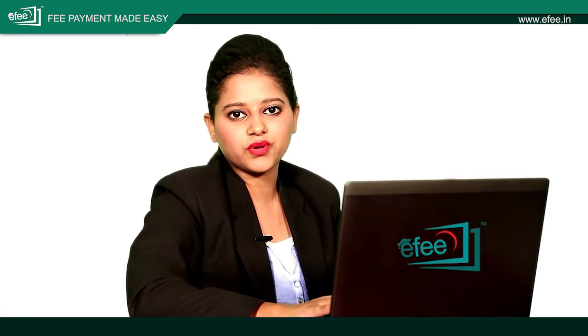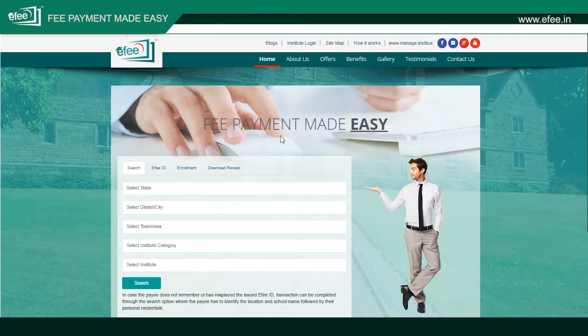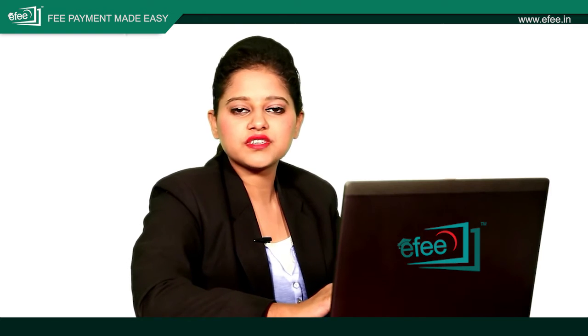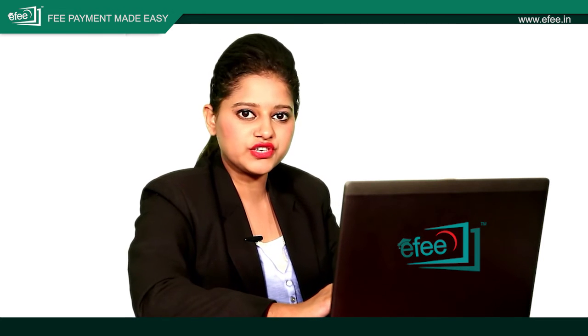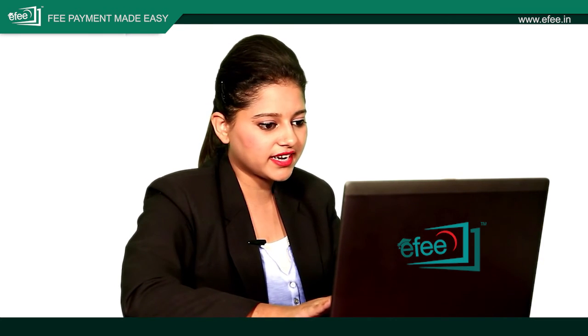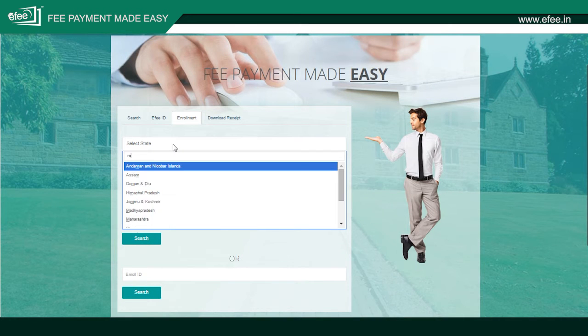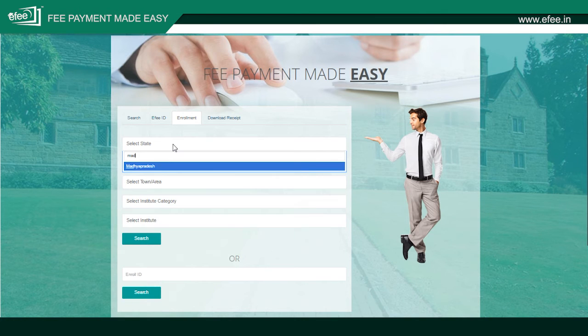The students who want to apply can click on enrollment option. The students who have got their enrollment ID from their institute can enter the enrollment ID and click on search. Else, they follow the following step. Select the state, for example, Madhya Pradesh.